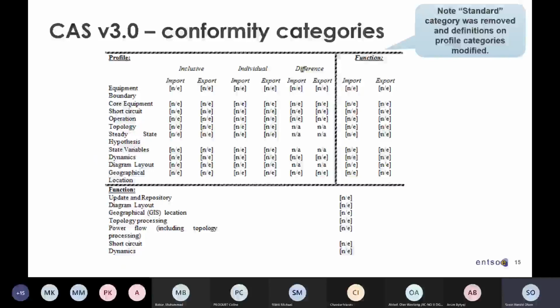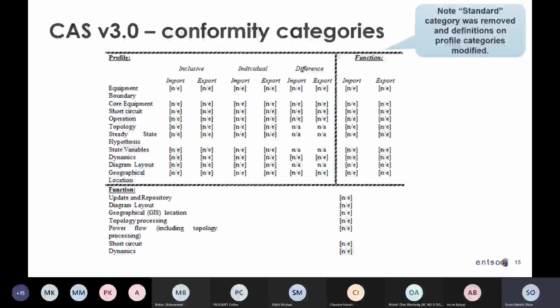So we don't necessarily want to have a conformity for one defined tool that can do everything. But of course, the dialogue with the utility needs to be in a way that the vendor is able to communicate what their support is.